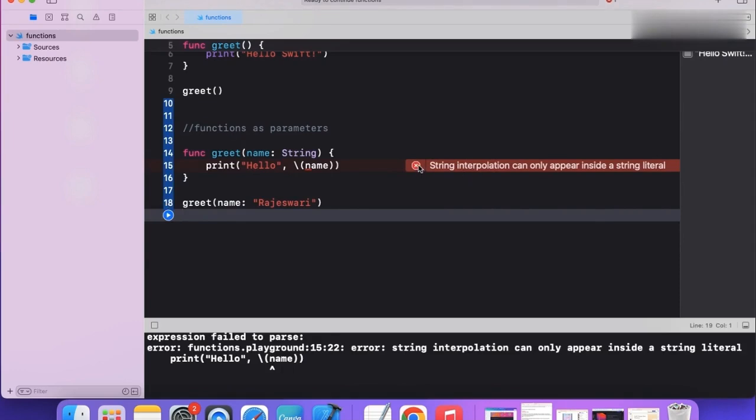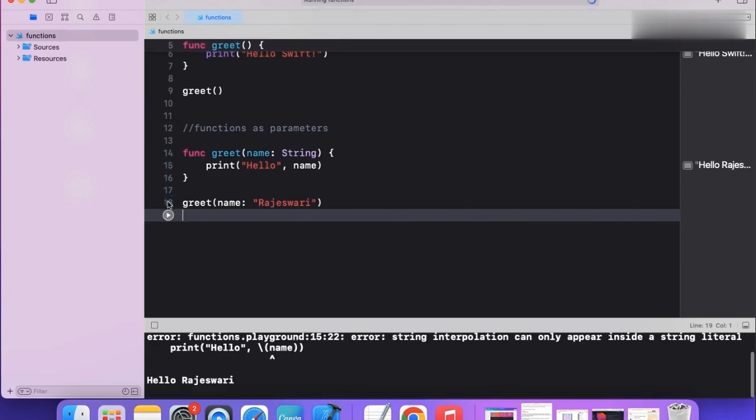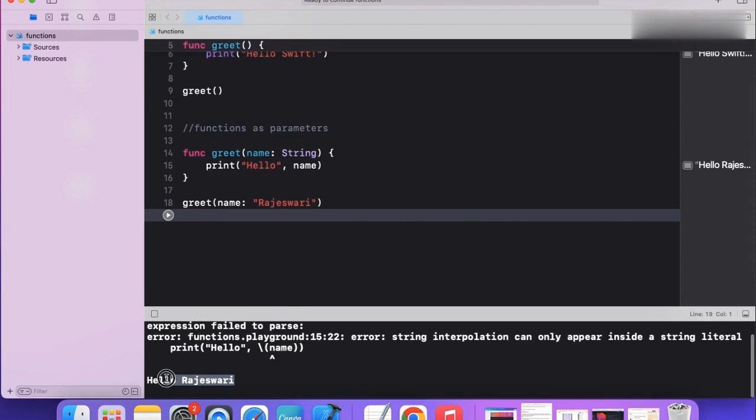Here I see an error came because of the string interpolation. Previously we needed to call it like this, but now we don't have the slash mark when we call the parameter name inside the print statement. So if I remove that, the function will run.